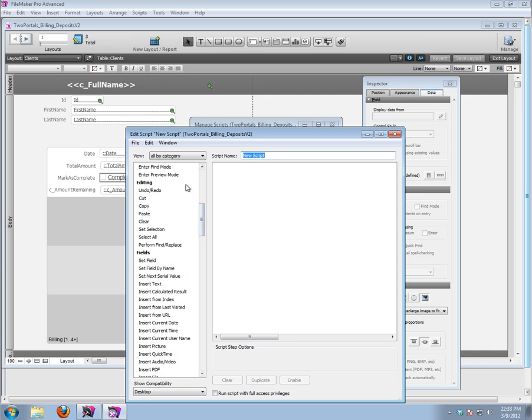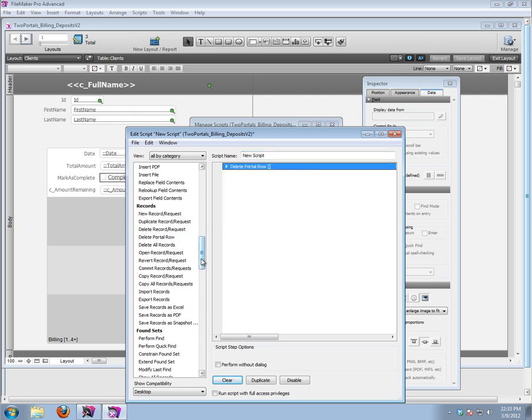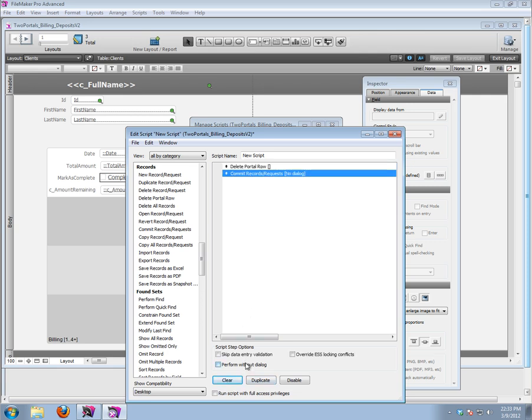Because I've got a few portals going on, normally speaking, I would just use a button setup and call this a delete portal row, which is here. But for this one, I'm going to add a little commit just to really delete, and oops, let's not do this one. This one is delete